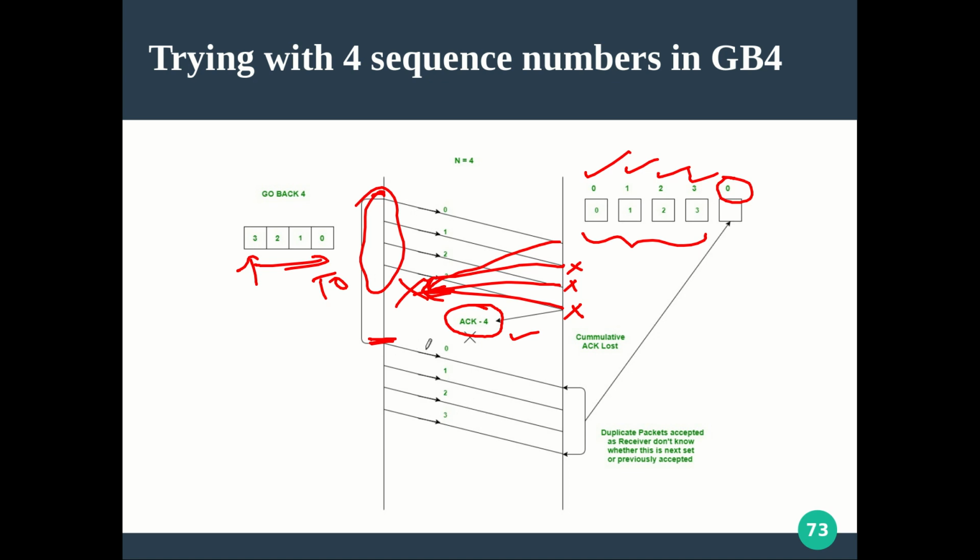Now see, the receiver is actually waiting for 0. As per the receiver, what is the 0? The sequence number of the 5th packet. But now it is getting a packet with the sequence number 0. It will simply think that it is the 5th packet. But actually what is it? It is a duplicate frame. It is a retransmitted packet. But now the receiver is not able to